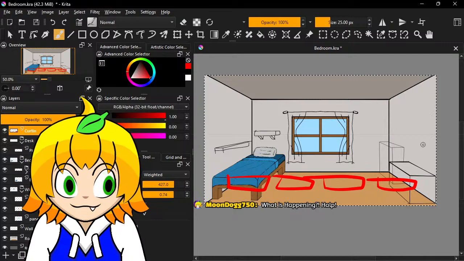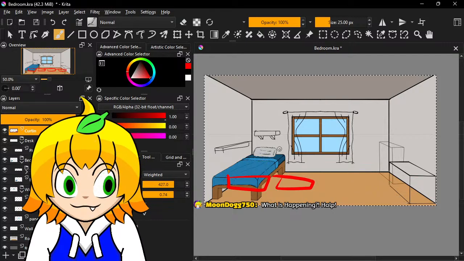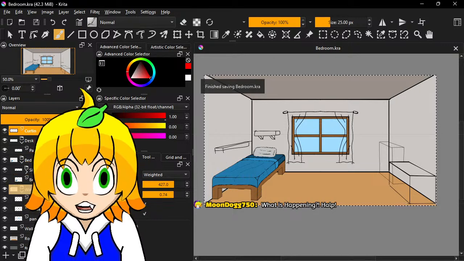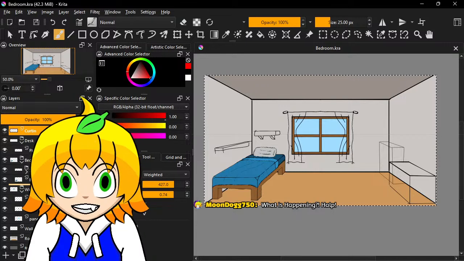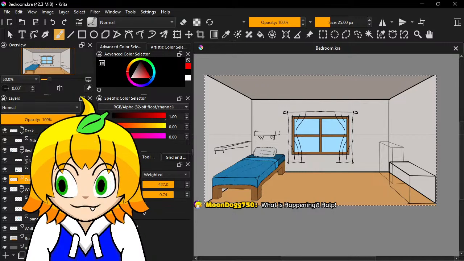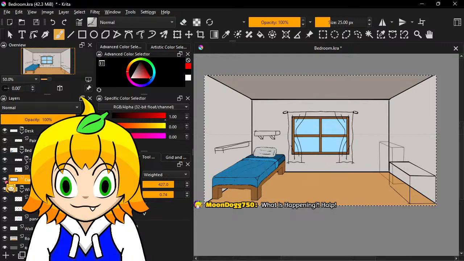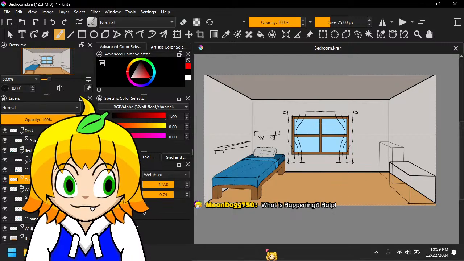I got a lot to contemplate on this, but I got 20 days to work on this. Oh man, all that's on one layer. I am burnt out.